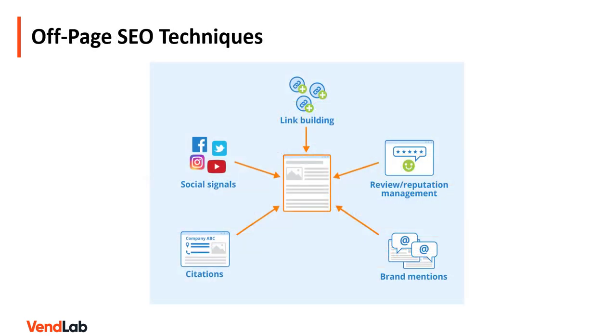So what are the techniques that you should employ to increase your site's authority? While links are still a major factor, as Google's search engine has evolved, it has started to consider other factors such as online reviews, social media profiles, and brand mentions. Consequently, whilst link building should be the focus of your off-page SEO efforts, you should employ a range of tactics to build authority. The first one is link building.